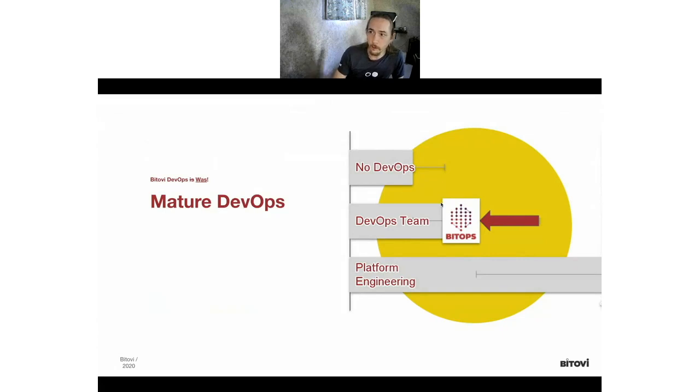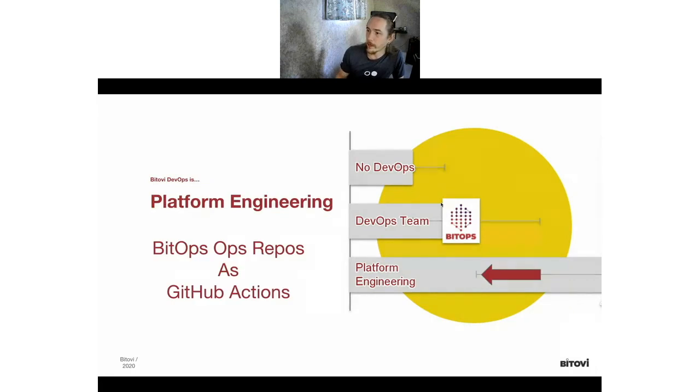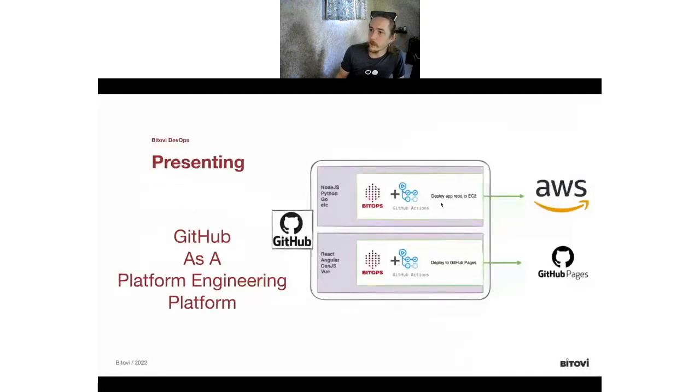And what I want to announce today is that Bitovi DevOps has taken some strong, powerful steps towards platform engineering. And we're doing that with BitOps operations repos. Those are the deployment repos that BitOps uses as GitHub Actions. So what this allows us to do, like is the title of the talk, is we can utilize GitHub as a platform engineering platform. We've got two actions today. One is deploying any project to an AWS virtual machine, and the other one is deploying any front-end app to